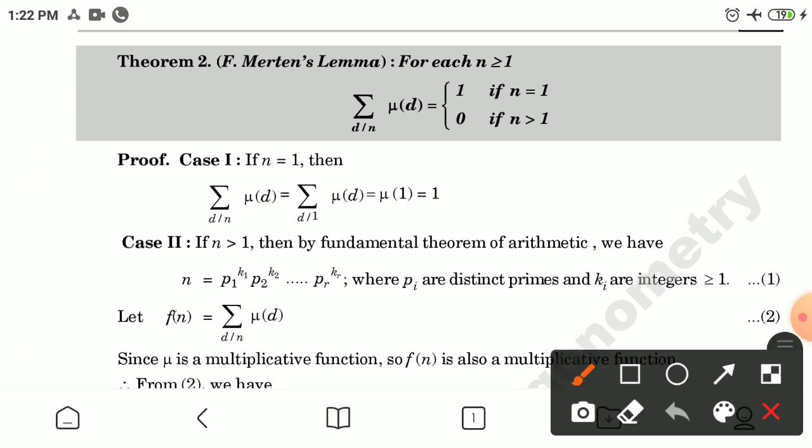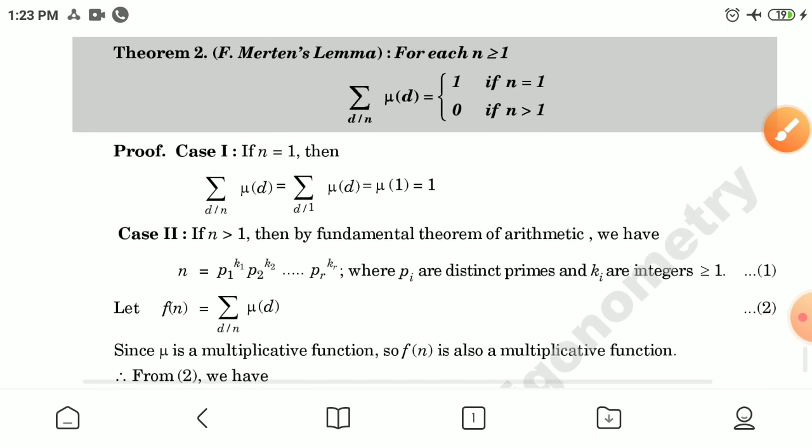Now, next theorem, that is Merton's lemma. For each n greater than or equal to 1, the summation of mu(d) where d divides n is equal to 1 if n is equal to 1, or having value 0 if n is greater than 1. For the proof,